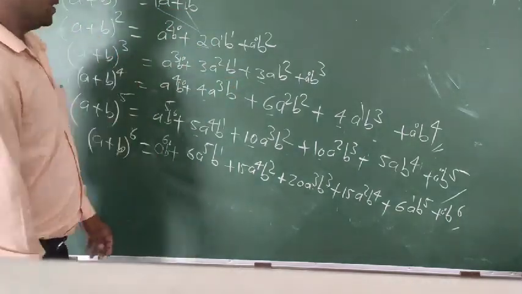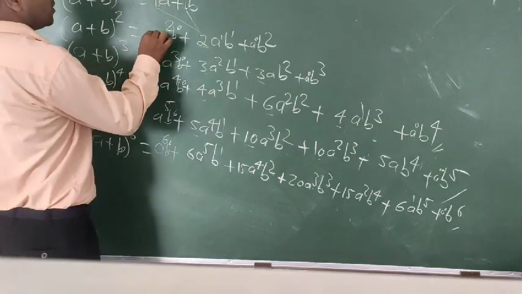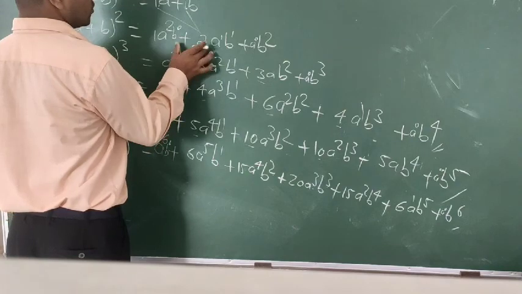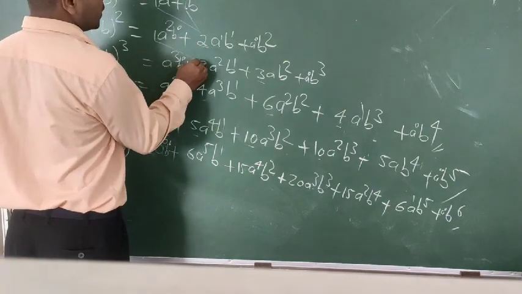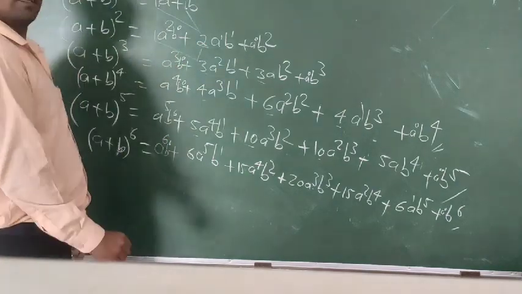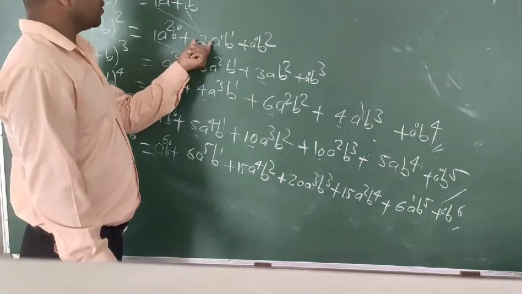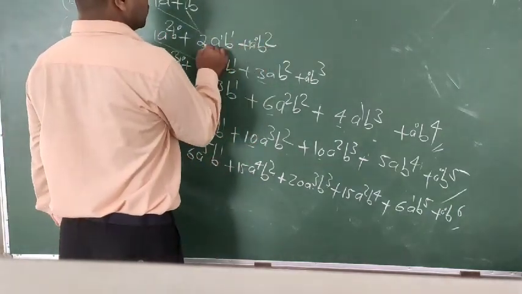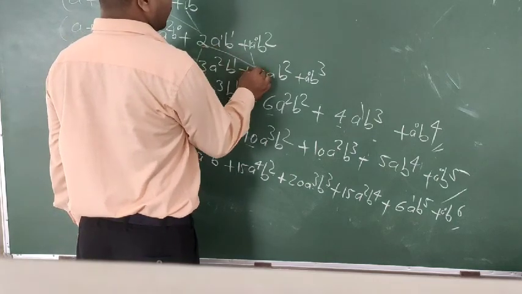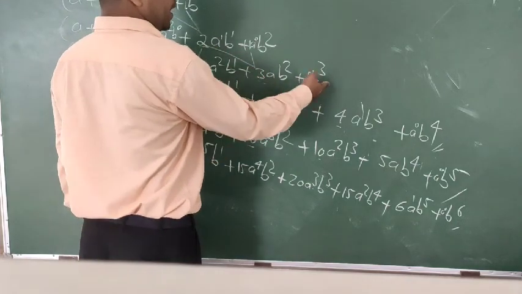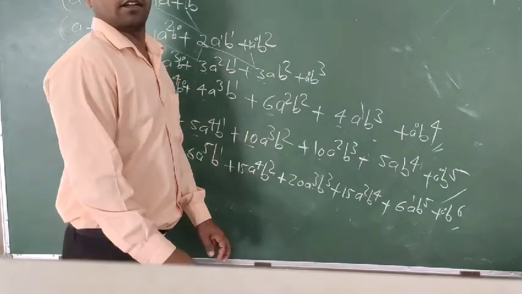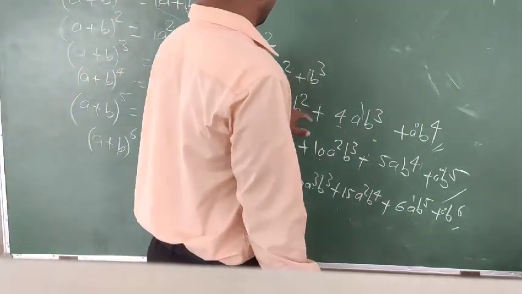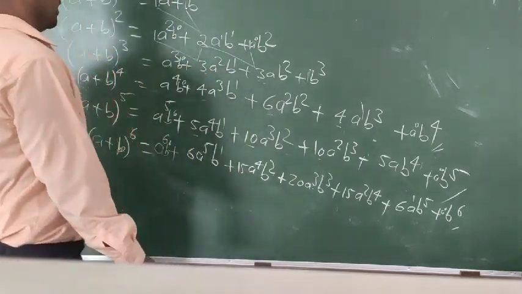You get 2. In the same way, what is the coefficient of this one? 1. What is the coefficient of this term? That is 2. 2 plus 1, 3. Just add it here. We have got 3. What is the coefficient of this one? 2. And what is the coefficient of this one? 1. So 2 plus 1, 3. We have got 3 here. And at last, always you are going to get coefficient 1. In each and every end term you will get coefficient 1.